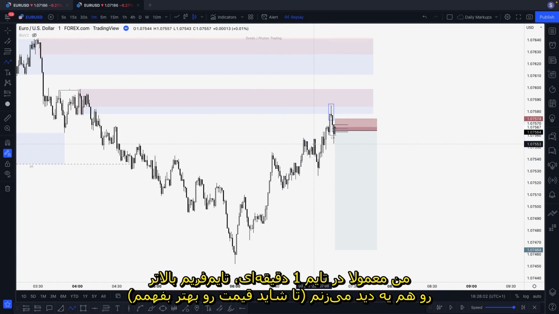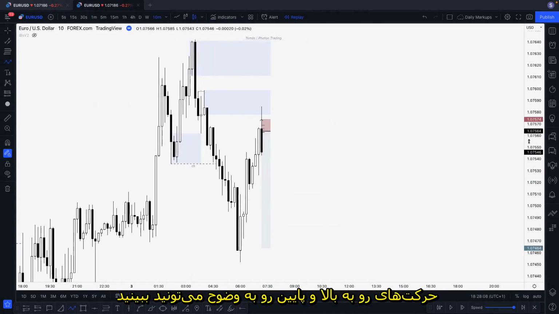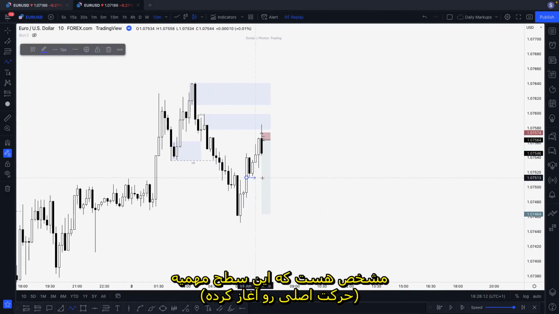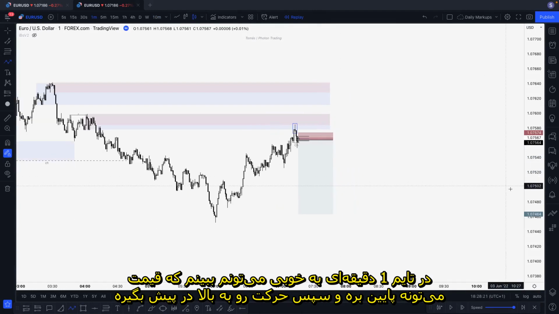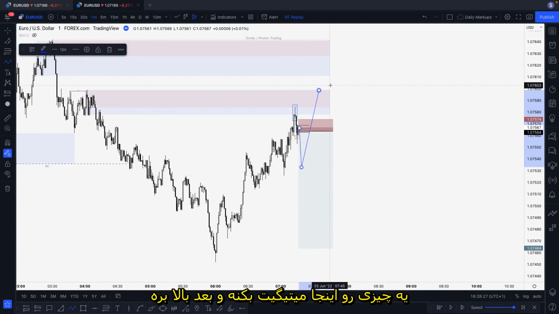I just read higher time frames on the M1 time frame, and I can see, for example, if you go to M10, right, you can see that this is a push down and this is a push up. Okay, so this is the true significant low. So only when price breaks below, I can assume the low is going to get run. So M1 time frame, I understand that price have all the reasons to push down and continue to the upside, mitigate something here and continue to the upside.